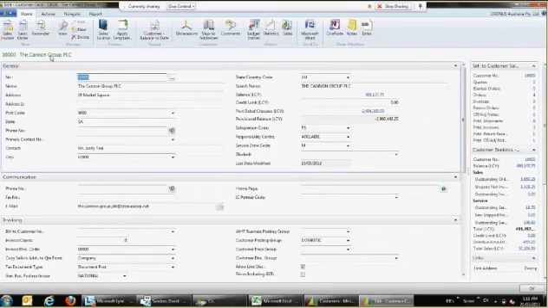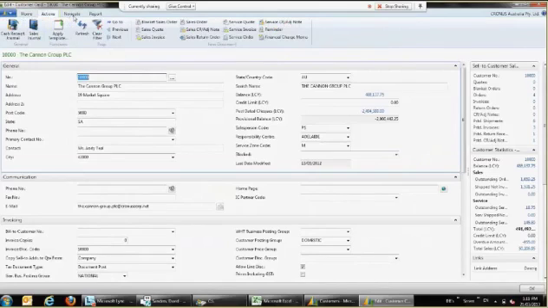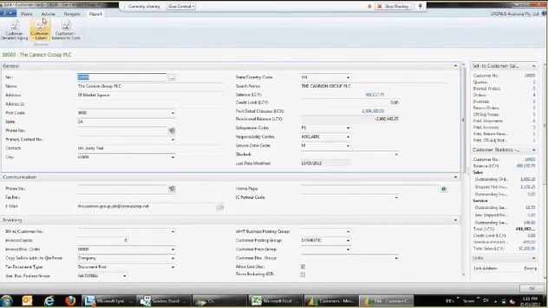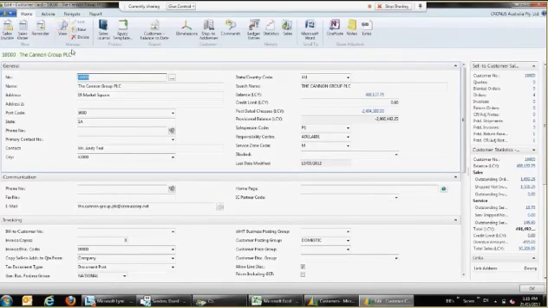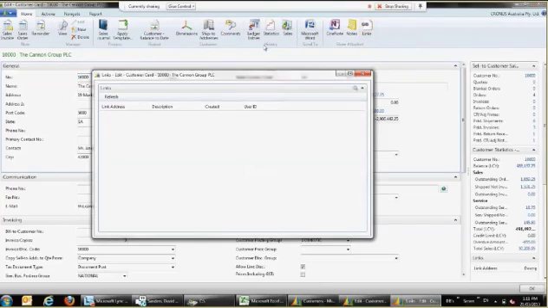At the top here, as mentioned in the beginning, you see how the ribbon has now changed. It's now specific to things that you would do with a customer card. So it now has Home, Actions, Navigate, and a Reporting tab at the top, and these are all specific to the things you do with the customer card. Now if I have a look at the Link option at the top, if I click on that, I